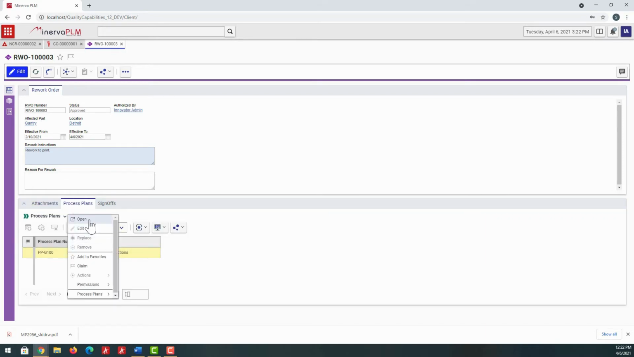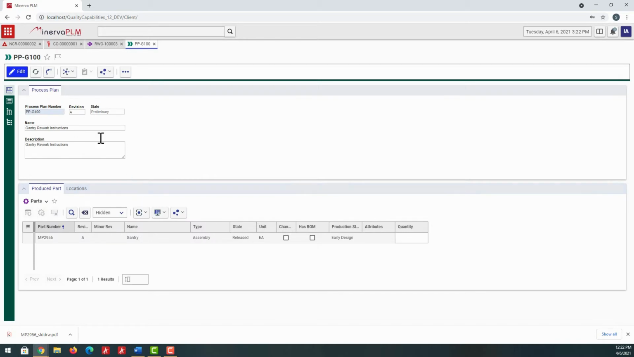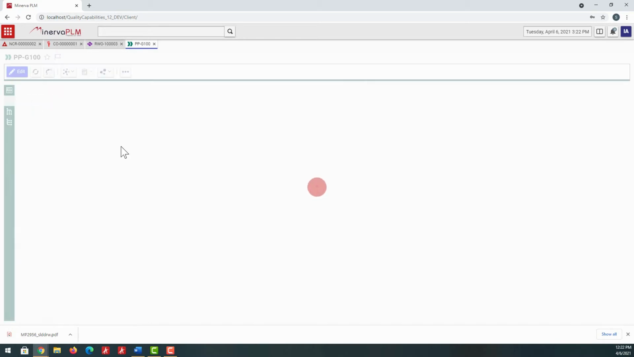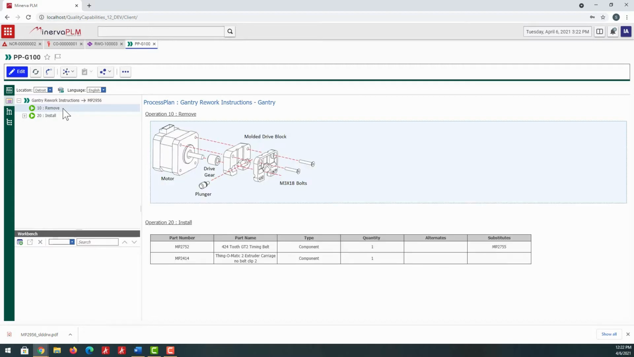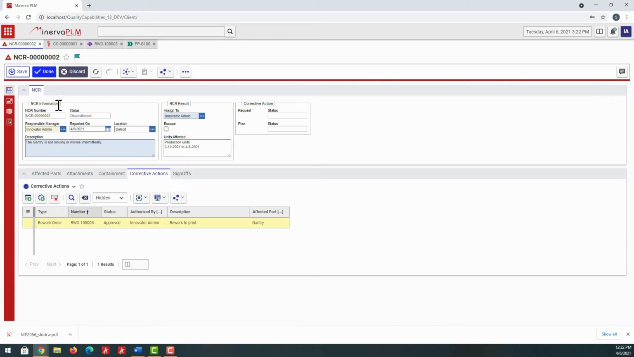So this is a process plan that we have created with two operations. One of them is to remove the parts with visual instructions, and the other one is to reinstall the parts according to the rework instructions. This nonconformance now is identified, it's been contained, and a corrective action has been placed on it. So at this point, we can sign off this and disposition it as